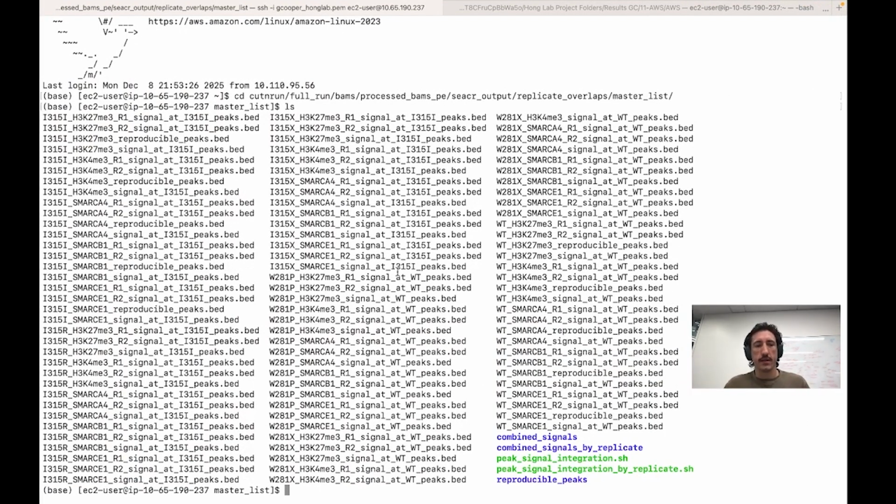Okay, now last thing, I swear. This is specific to this analysis since we're looking at a complex with multiple different subunits that are conceptually going to be binding at the same site. So the real question we're asking here is where is the SWI/SNF complex binding? And the way that we're going to answer this is by taking the union of the peaks that are observed across three different subunits. So if there's a peak observed in either SMARCA1, SMARCB1, or SMARCA4, we're going to call that a consensus SWI/SNF